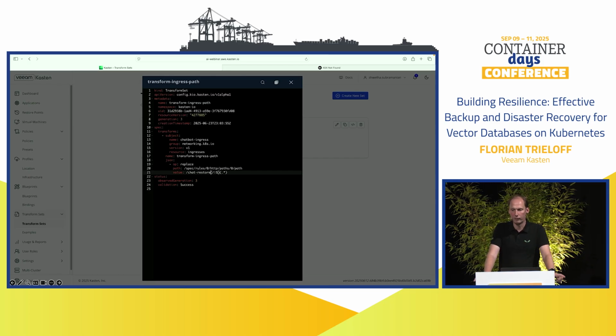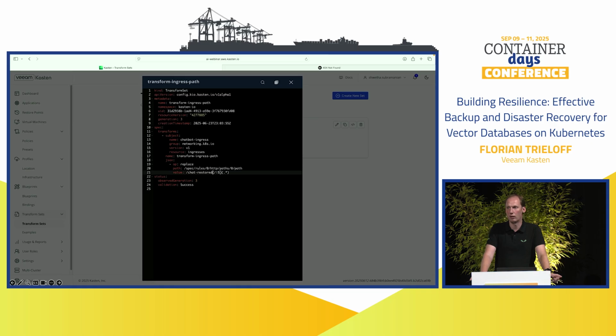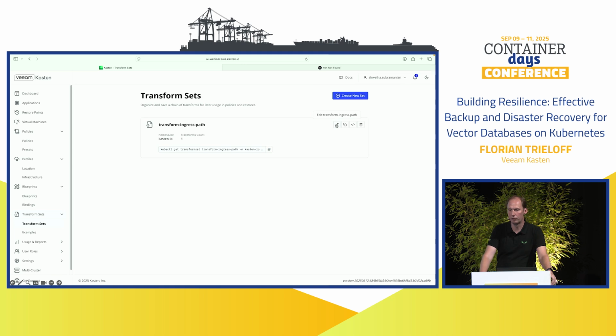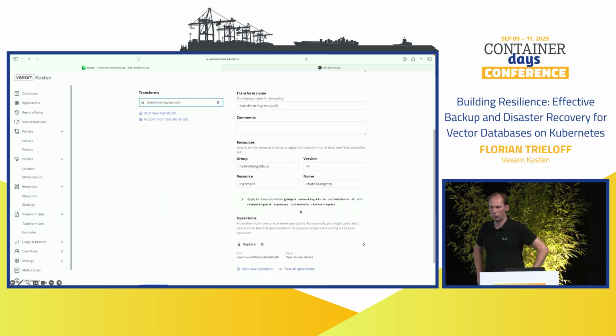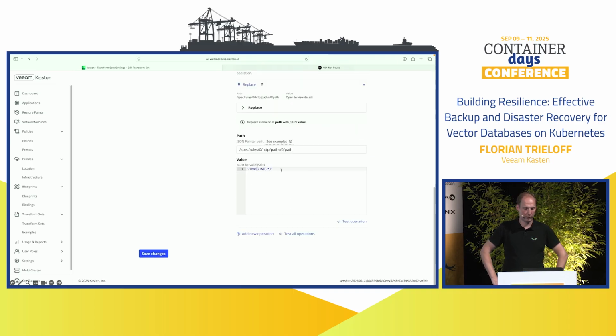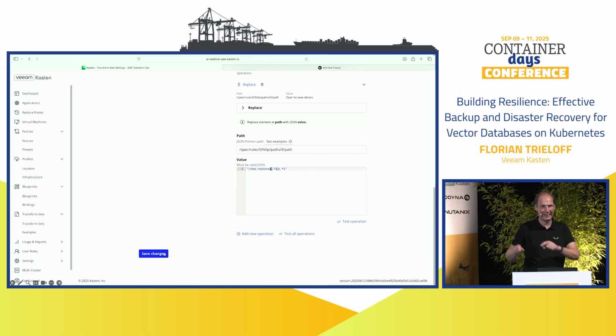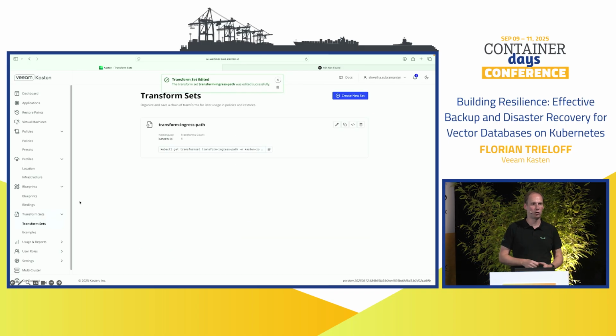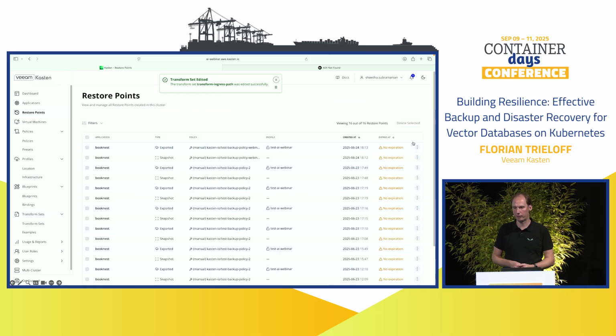But we want to make sure that no one is accessing this application before the department has checked if everything is fine. So we will just say, okay, chat-restore, and we will use this transformation. Yeah, we have to change it here. We will use this transformation here to restore. Chat-restore, save changes. And again, a transformation is also a Kubernetes object. Everything is a Kubernetes object, as it should be.